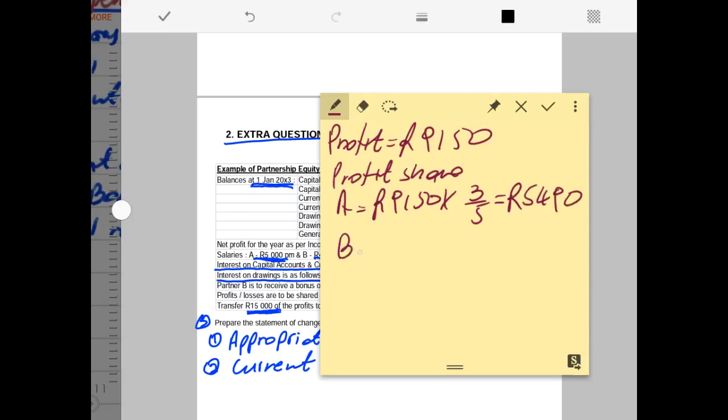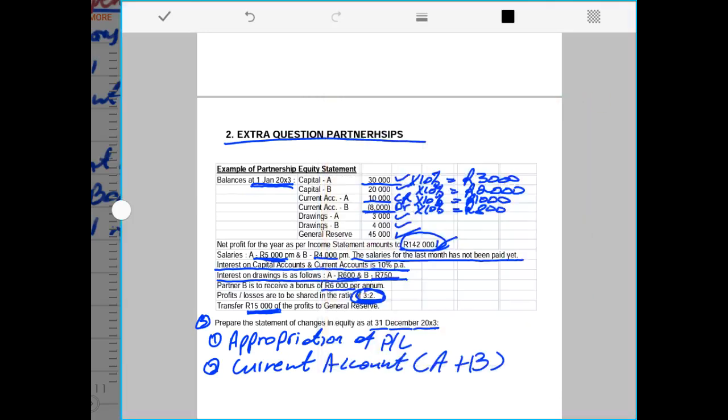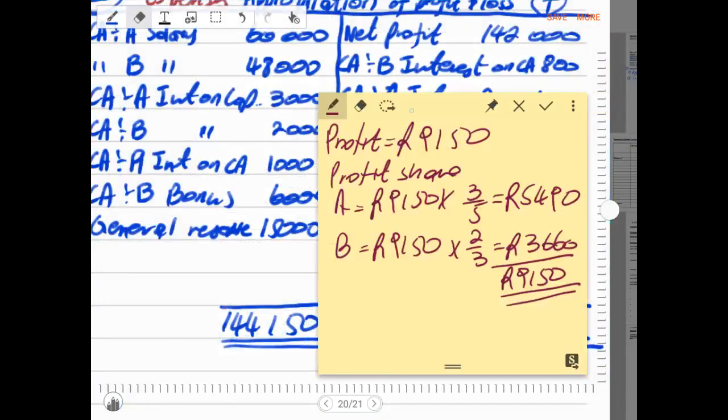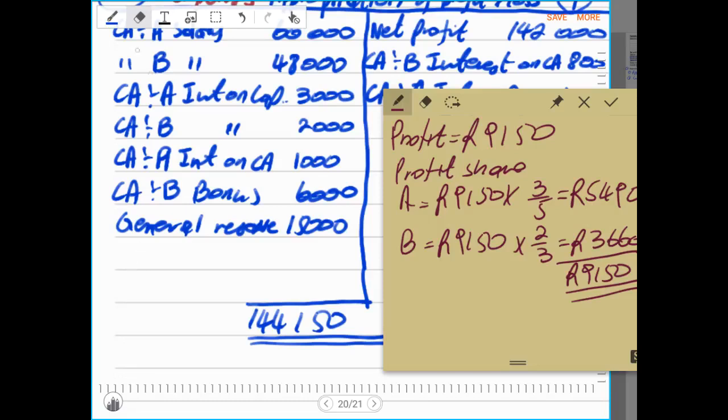And the share of partner B from the profit will be the amount of the profit, 9,150, times by 2/5, and that should give us an amount of 3,660. And if you add the two amounts, make sure that they give you the same 9,150 rands. So now we can record that straight in the appropriation account, and we say current account,